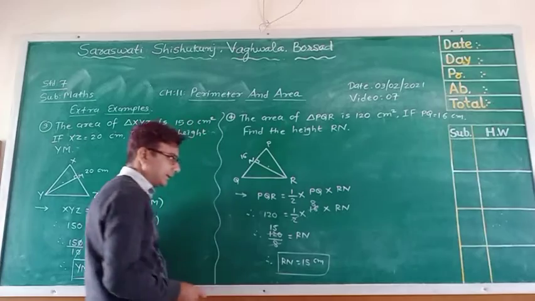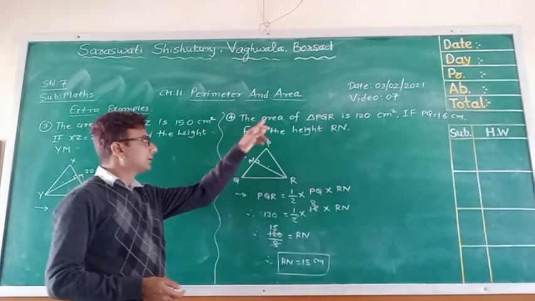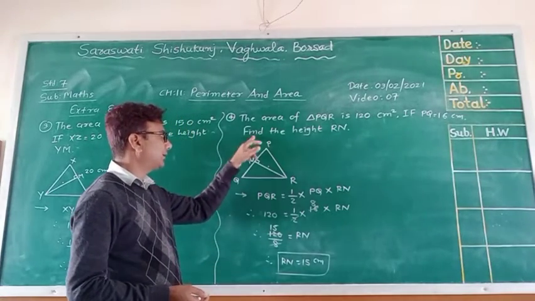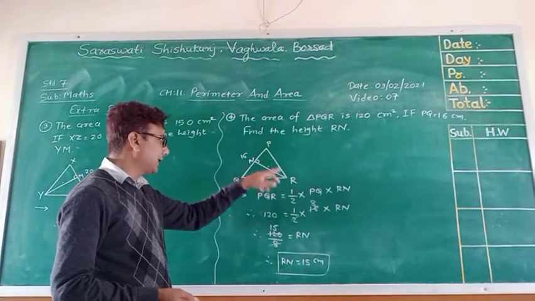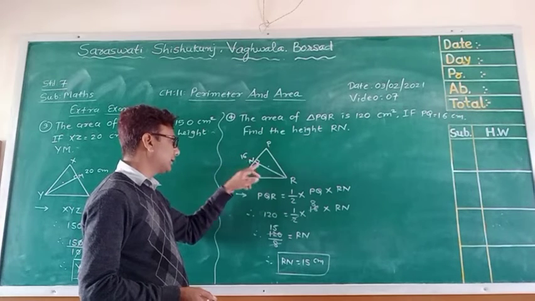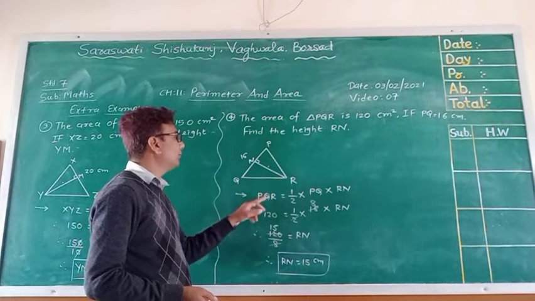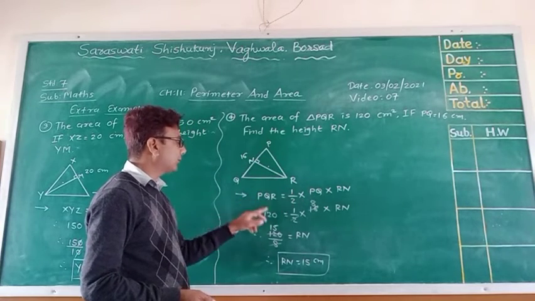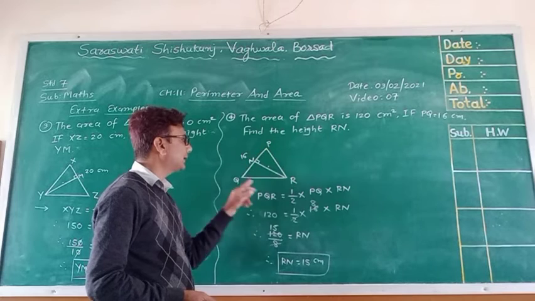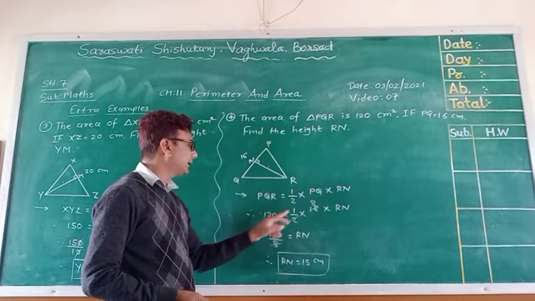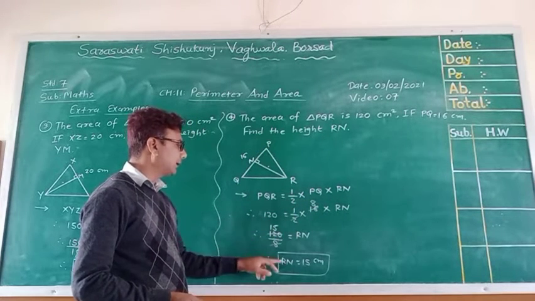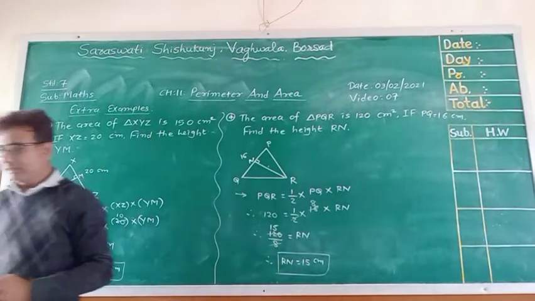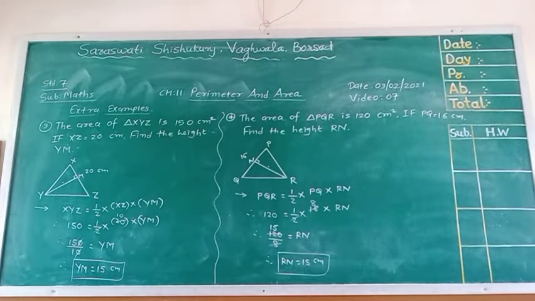Here once again see this. The area of triangle PQR is 120 centimeters squared. PQ equals 16 centimeters. Find the height RM. So in this triangle the base is 16 and the corresponding altitude is RM. Area of PQR equals 1/2 base multiply height. 120 equals 1/2, PQ is 16, RM. 2 8s are 16, and downside 15 8s are 120. So RM, the height, means the altitude measurement is 15 centimeters.